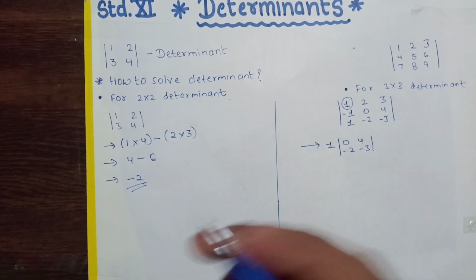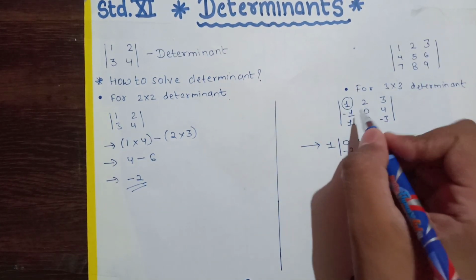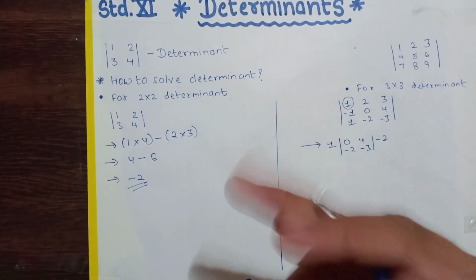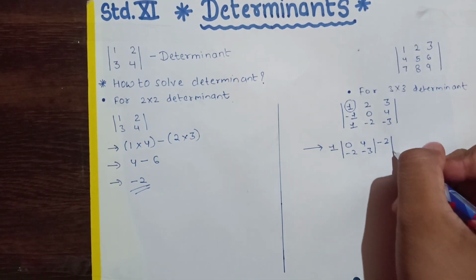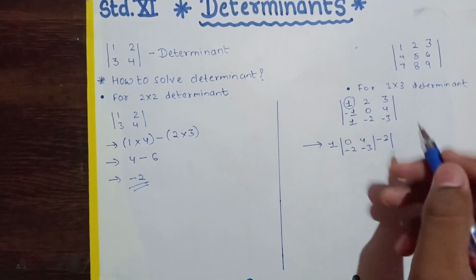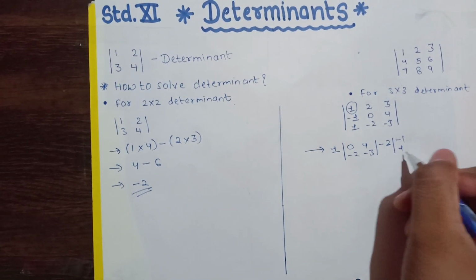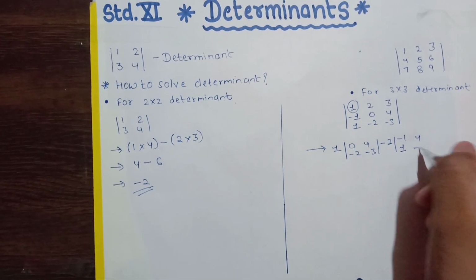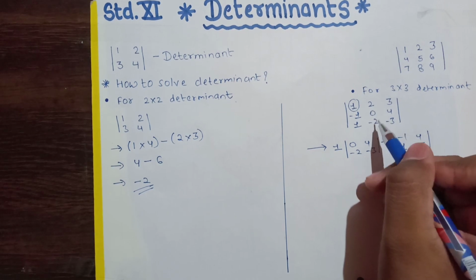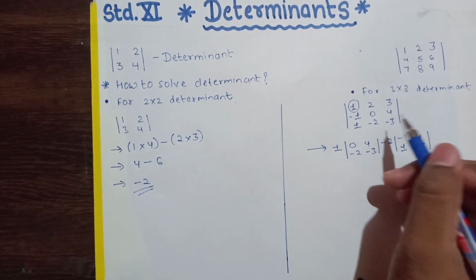I'll teach you sign convention in the coming part. So here we will take minus 2. I'll tell you why in coming times. So here 2. So we'll cancel this row and this column. So we'll take minus 1, 1, 4 and minus 3. See, so we didn't take any number of this row and this column, as this has got cancelled.